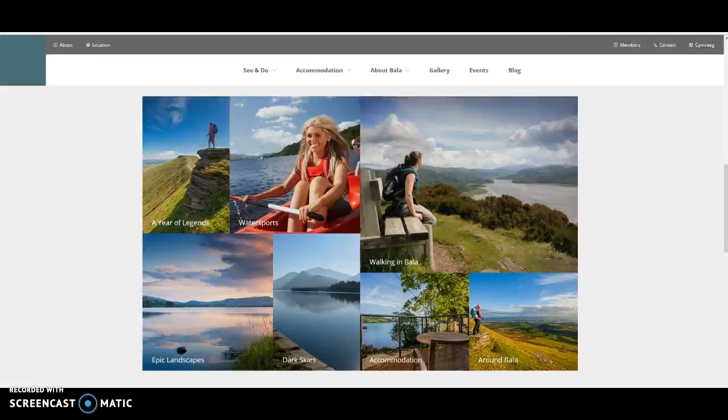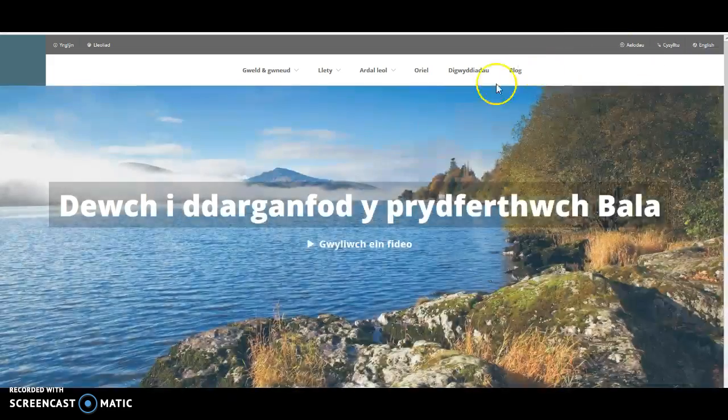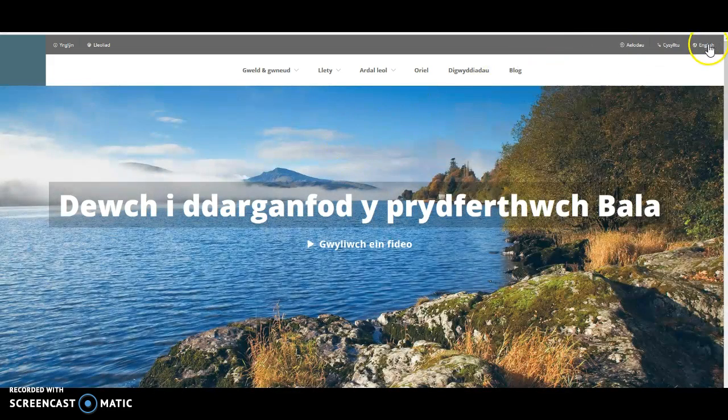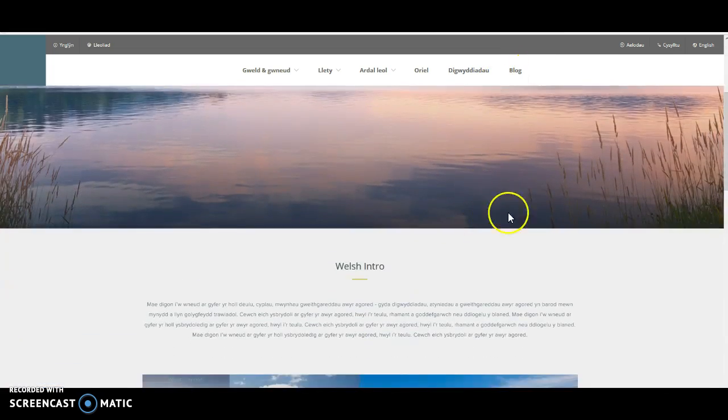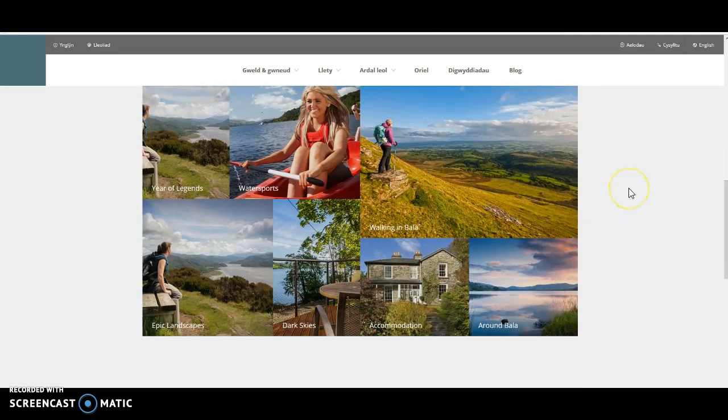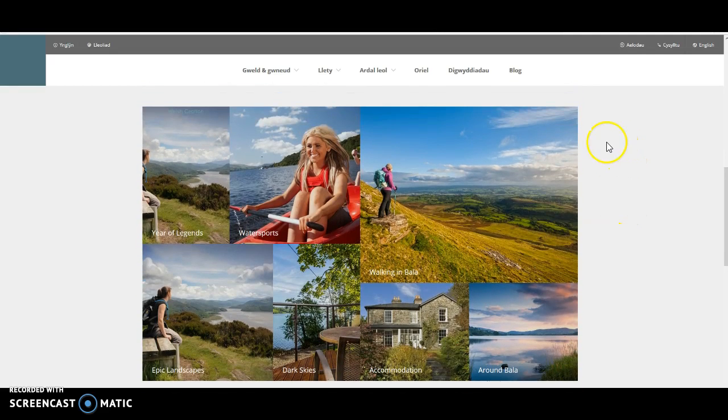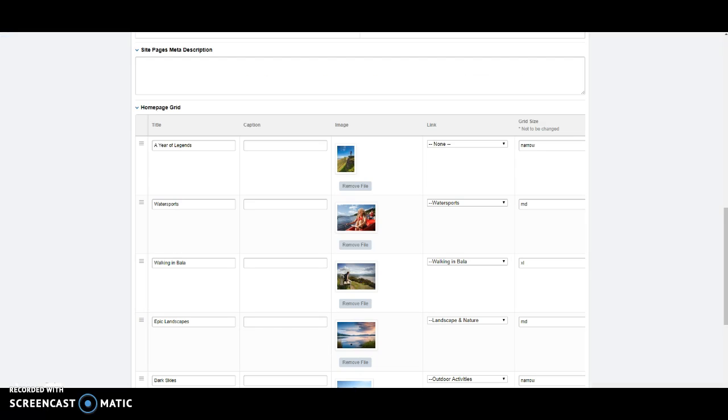So if we were to switch the language on this, we've just switched the language from English to Welsh on the front end, and as you can see, everything is changed as it should. The title here is all in Welsh. But one thing to note here is that there is a change of images. Now, that's because if we just jump back into here